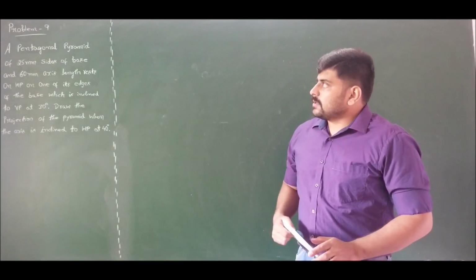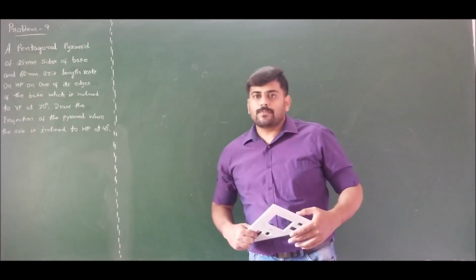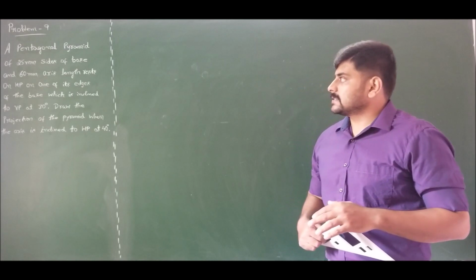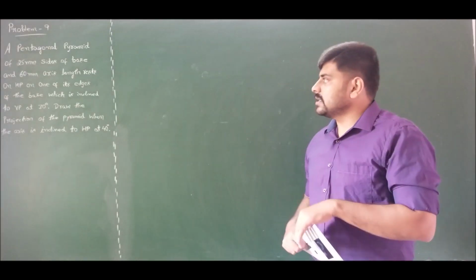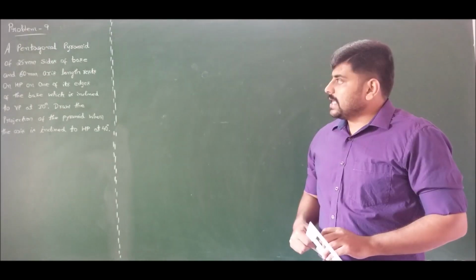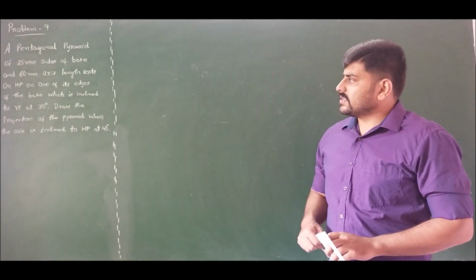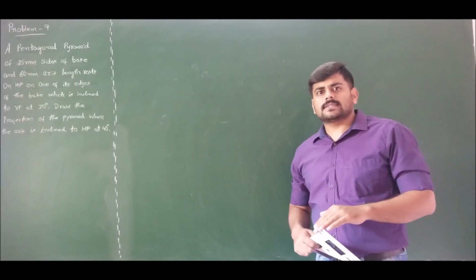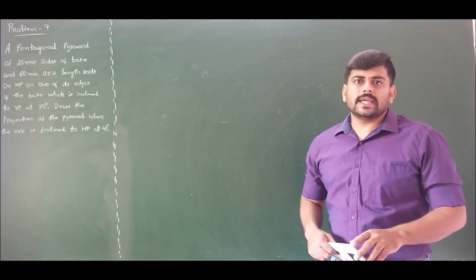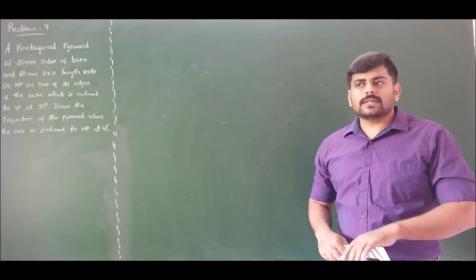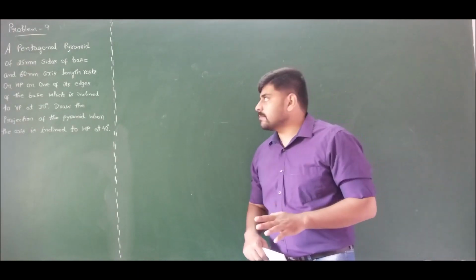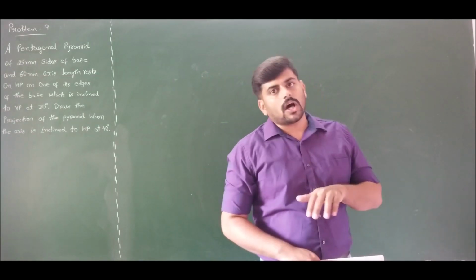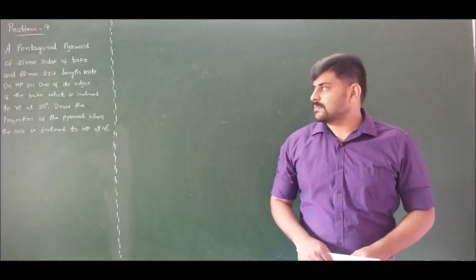If you clearly observe the problem, we are solving a pentagonal pyramid which is resting on HP on one of its base edges, and the same base edge is inclined to VP at 30 degree, and he is asking us to draw the projection when the axis is inclined to HP at 40 degree. Since we are inclining the axis first, later we are inclining the edge. If you plot the problem, the edge length remains the same, which is 25 mm in the top view. Therefore, it is a non-beta angle problem. Let us solve this problem.